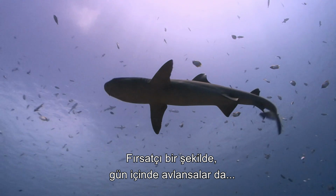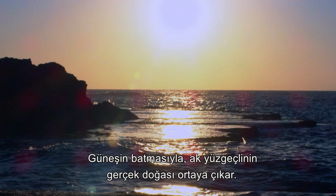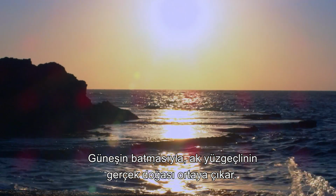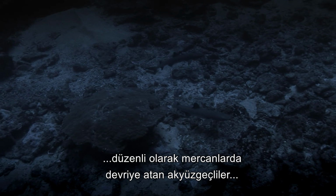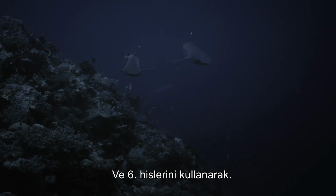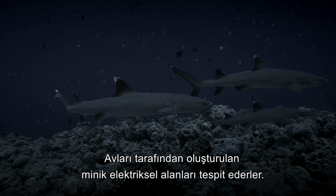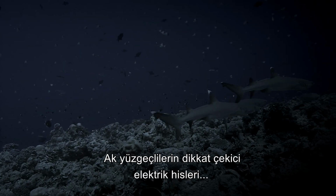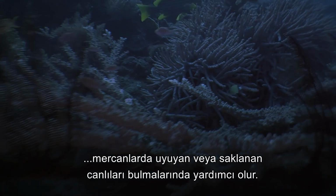While they may hunt opportunistically during the day, white-tips are nocturnal creatures, and with the onset of dusk, the true nature of the white-tip is revealed. Methodically patrolling the coral reef in loosely organized groups, white-tip reef sharks hunt by smell and by employing their sixth sense, detecting the faint electrical fields generated by their prey. The white-tip's remarkable sense of electroreception allows them to locate creatures hiding or sleeping within the coral,